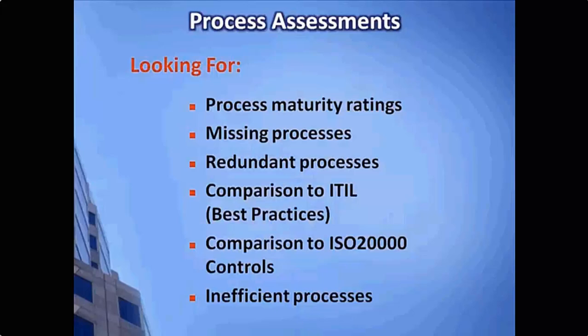There also should be a review to identify processes that are highly inefficient. This might include processes that operate at unacceptable speeds, use too many people, maybe they simply utilize too much labor, or else maybe they're just providing little or no value. Good example of something like that might be, let's say, an incident management process, and it requires 4 pages of user and incident description data to be filled out by hand before any further actions are taken to resolve the incident. That might be an example of a very painful process